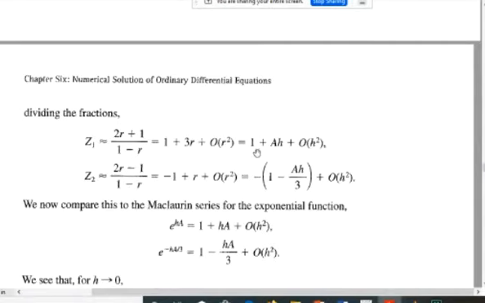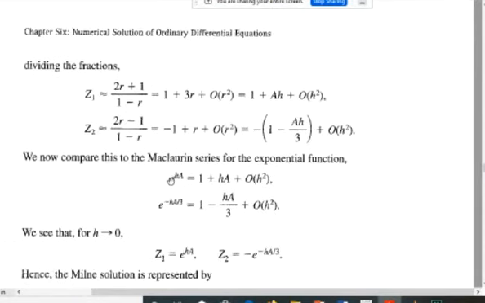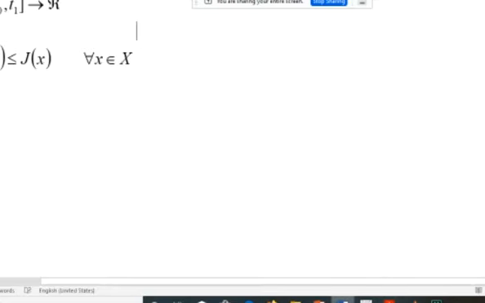When we compare it with the Maclaurin or Taylor series for exponential functions, the first two terms of e^{ha} are 1 plus ha, and of e^{-ha/3} are 1 minus ha/3. You can know that the exponential function of h is